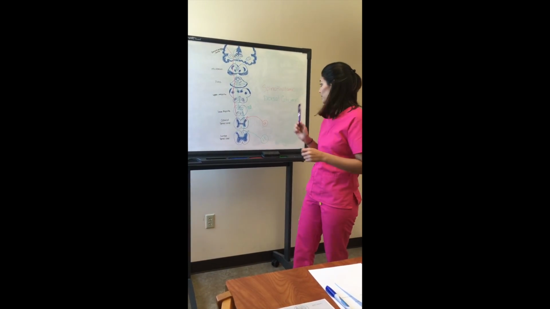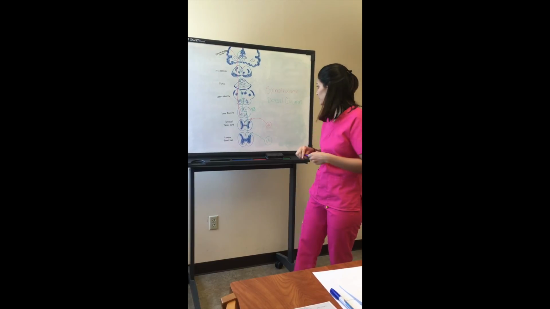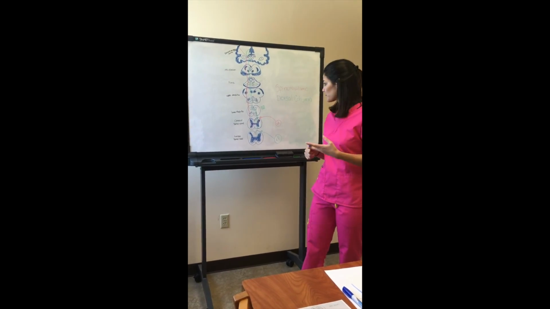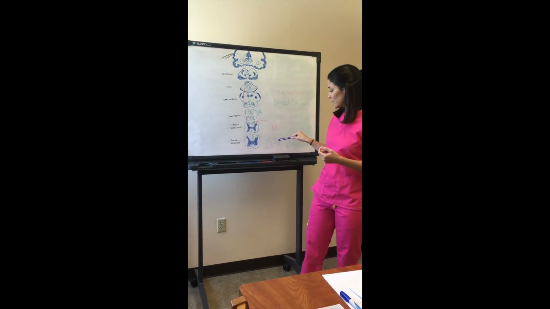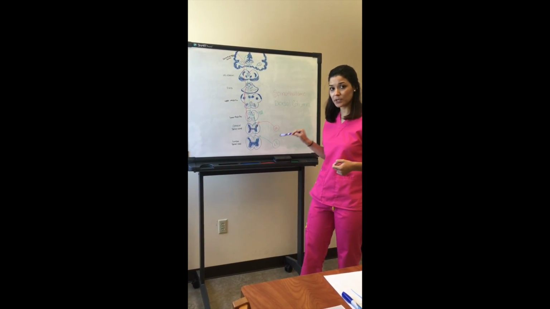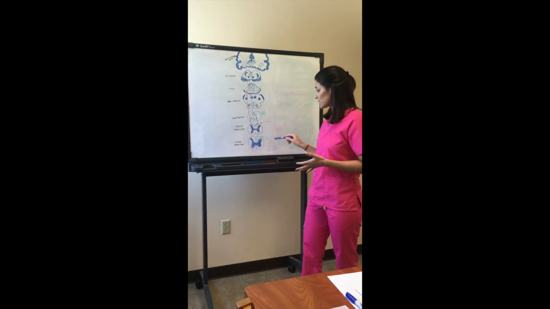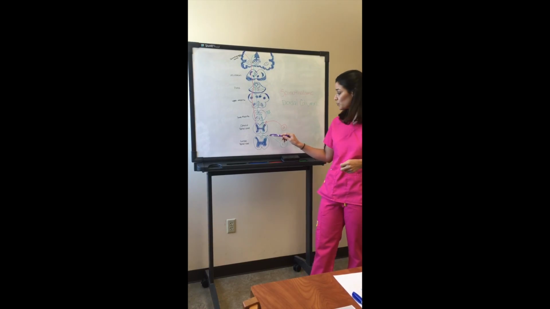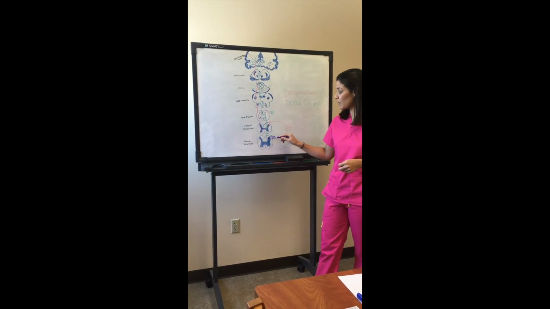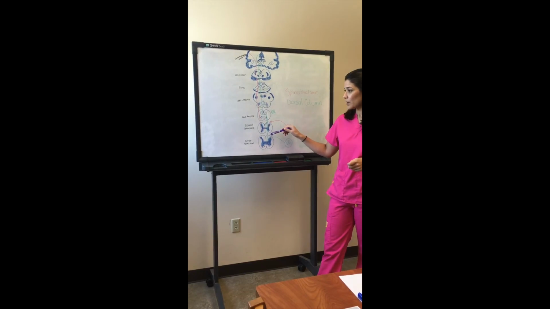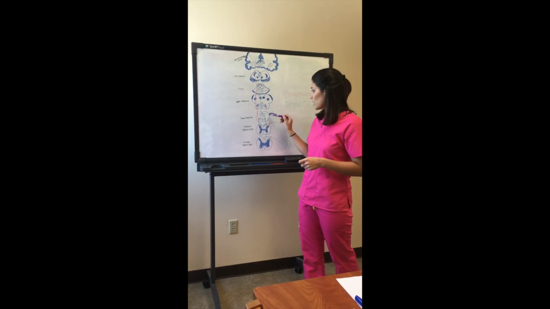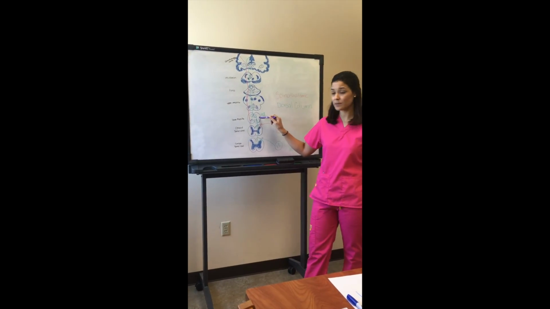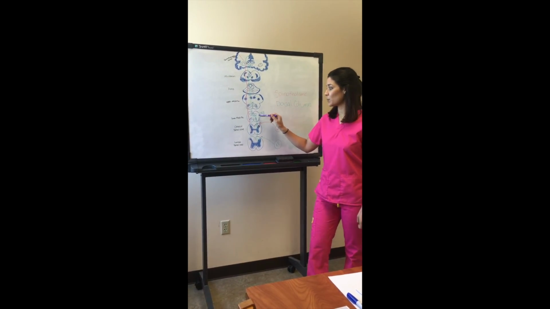So now for the dorsal column tract, which tests touch and proprioception, it's gonna be the same. The first order neuron is gonna rise from the periphery, and it's gonna come into the spinal cord, and it's gonna enter at the dorsal root ganglion, and it's gonna come up ipsilaterally through the white matter up to the lower medulla, and it's gonna synapse at the lower medulla, and that's where we'll have our second